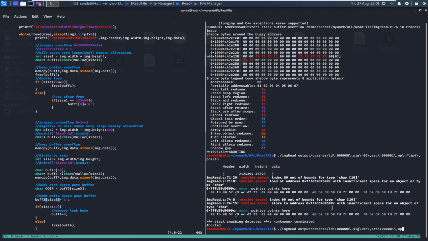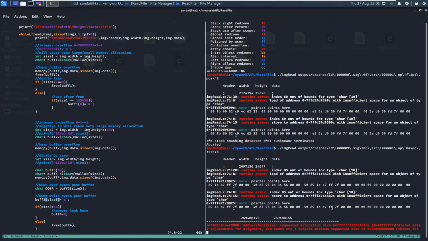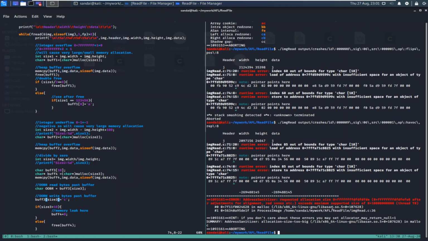So let's go to another issue, and this is a combination of an out of bound read issue. It is at line 71, 74, and then there is a large allocation at 36, that is an integer overflow.